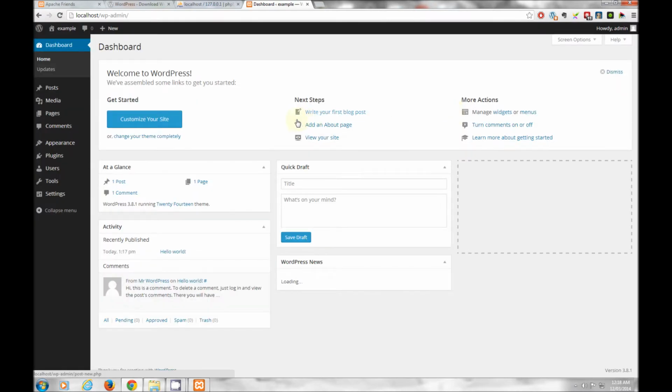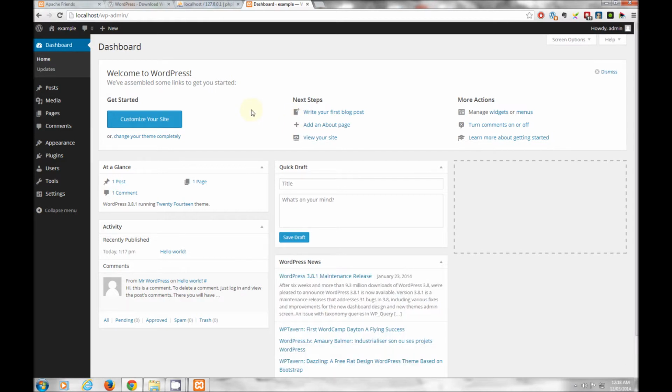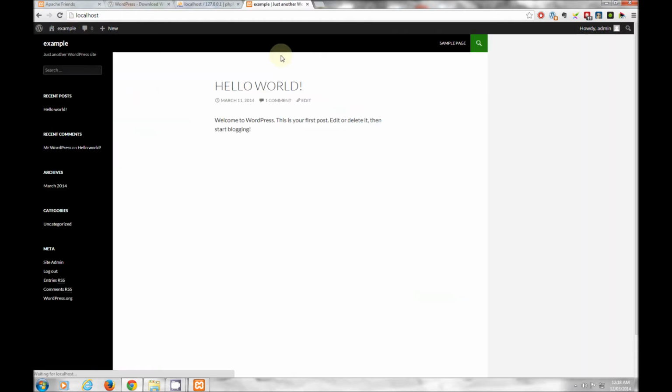Okay, so this is the back end of WordPress. You should be familiar with this if you've used it before. Everything's standard. It's a fresh install, so there's nothing weird looking there. And if we want to look at the site, there's the site, visit site. Okay, hello world. So that's all working. You want to put a theme on it and whatever you want to do, but as a fresh, clean install, we've now got that, and that's working on our local machine, Windows 7 machine. We'll do everything on this machine, and then we'll push it to production when everything's 100%